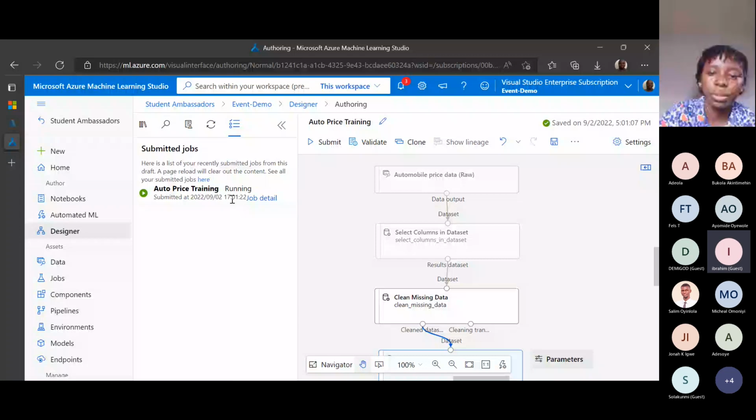So this is how it looks right now. Let me see if I can zoom out. Oops, that's so much. Let me reduce that a bit. All right. So we've connected the linear regression and split data. Linear regression has the untrained model connected here. Then the results dataset 1 is connected to the dataset under train